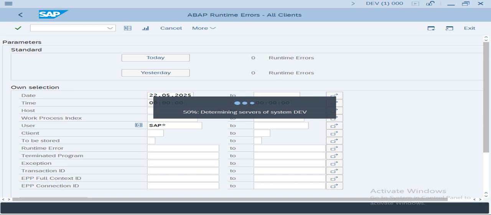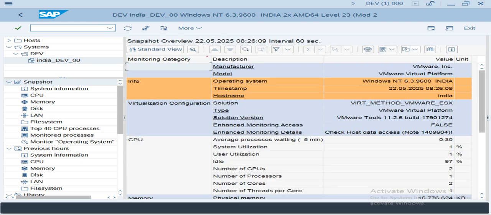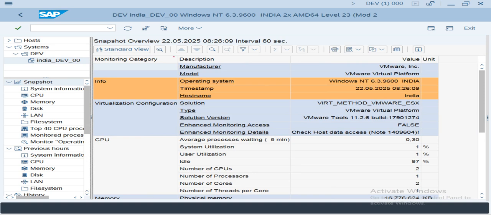It will take some time because of the operating system analysis details it will get. Now it shows here. See the information: manufacturer, model, the monitoring categories, and information about the operating system, which type of operating system we are using, the timestamp when you get these details, host name, solution type and solution version,